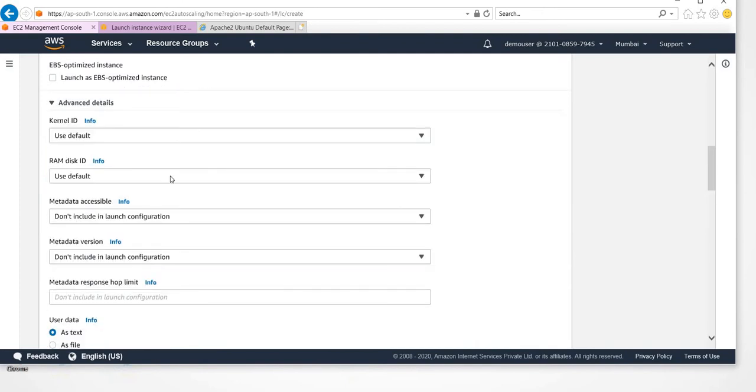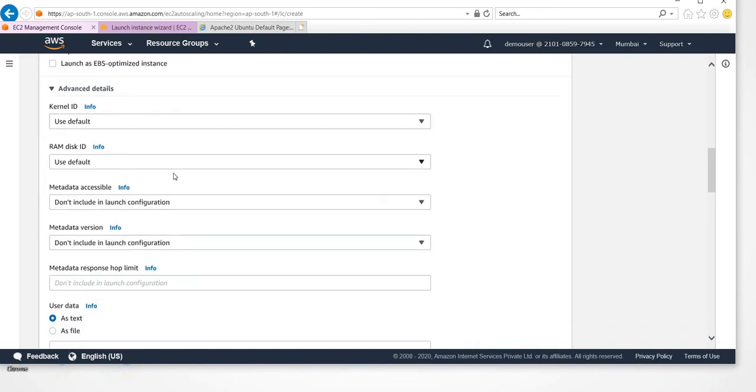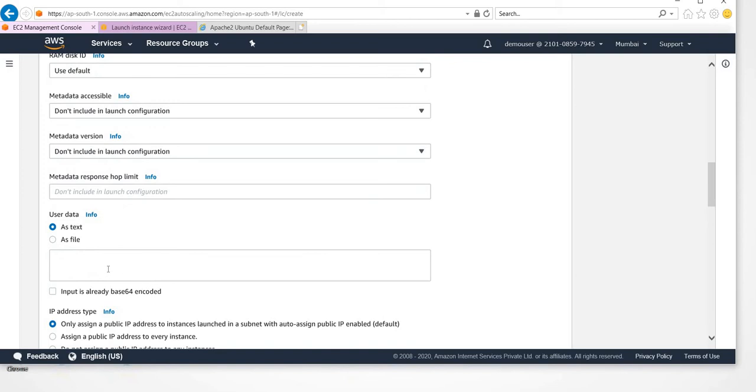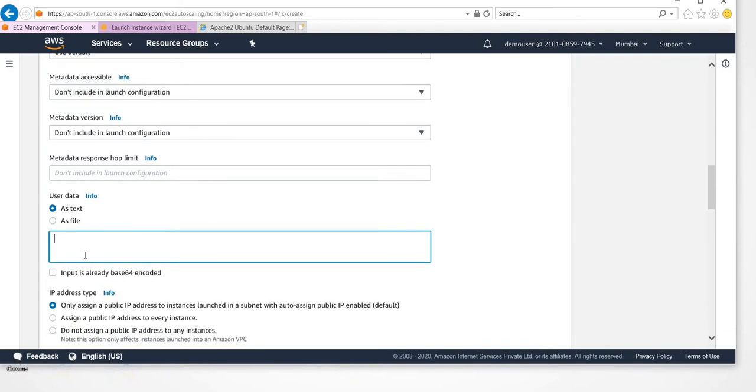So here you can see these are some of the RAM settings, whether you want to use the default. All these things will be pretty much the same config, except the user data. I think if you have referred to my previous video on how to install the required libraries and packages while booting the server, I expanded it with the Amazon Linux 2 based environment. I provided all the user data input with all the installables, like whatever libraries need to be installed and all those things.